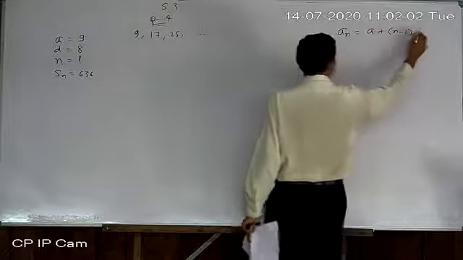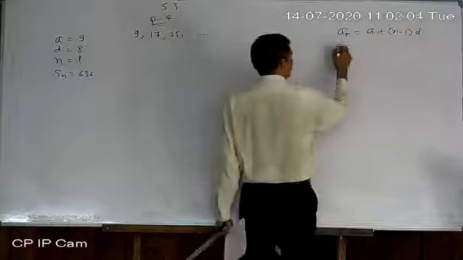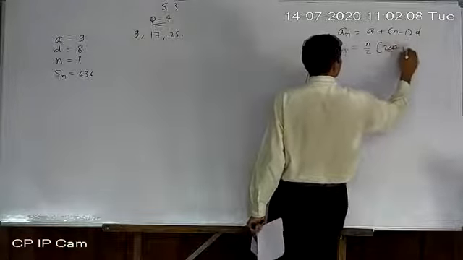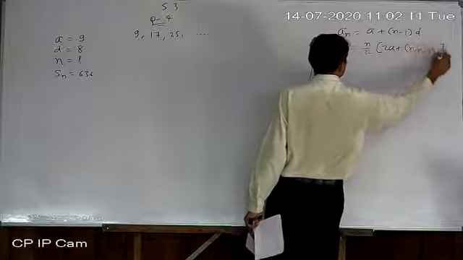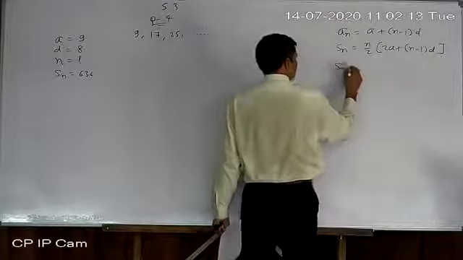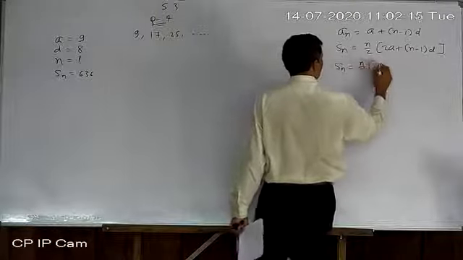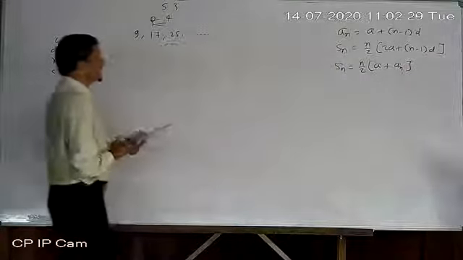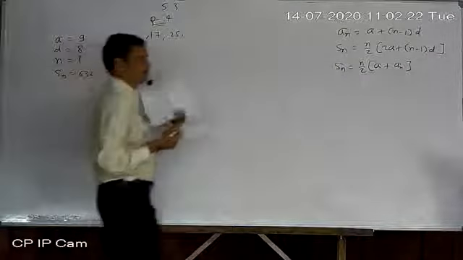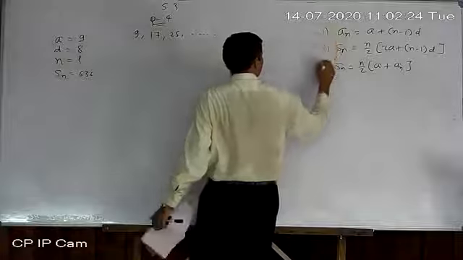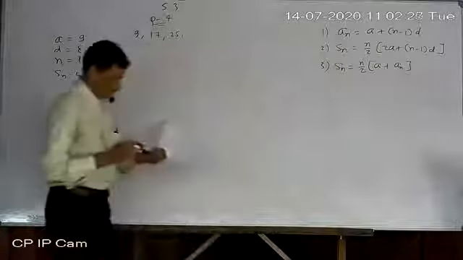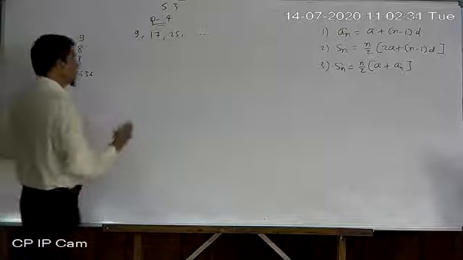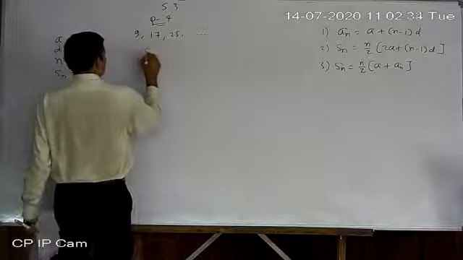We use these three formulas frequently. First, Sn = n/2 [2a + (n − 1)d]. Then the second, shorter formula, Sn = n/2 (a + an), where an means the last term. Now obviously we have to use the second one. Why? You can see here, the last term is not given, so the third one is not applicable. So write down the second formula